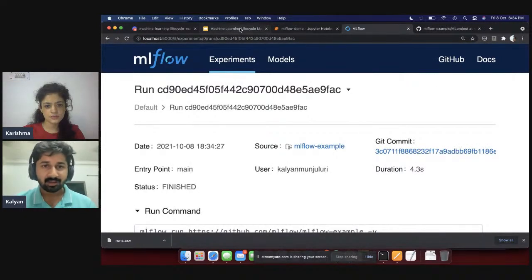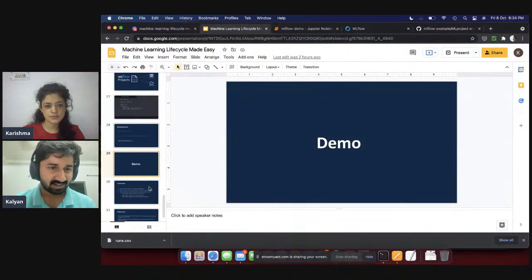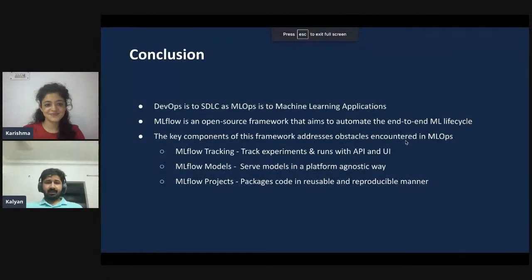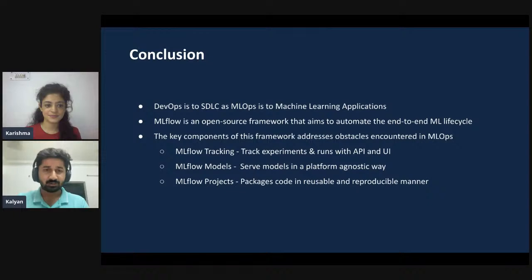Okay. Keeping the amount of time we have left in mind, I'll just quickly move on to the conclusions. So MLOps is a relatively new field, and what it tries to do is basically narrow the gap between ML development and ML deployment. And MLflow is one of those tools that tries to address this challenge in an open source